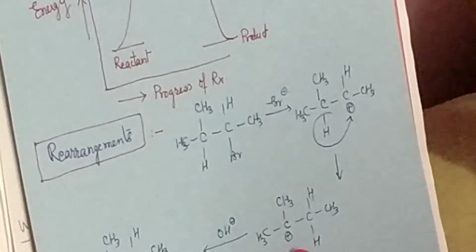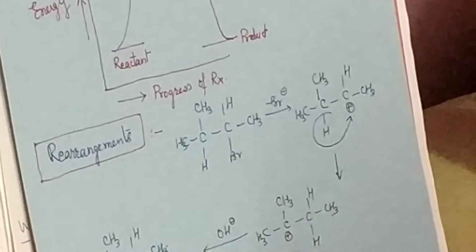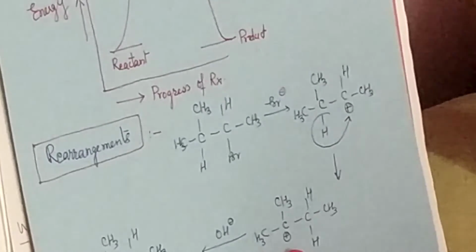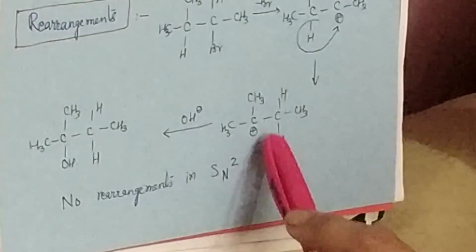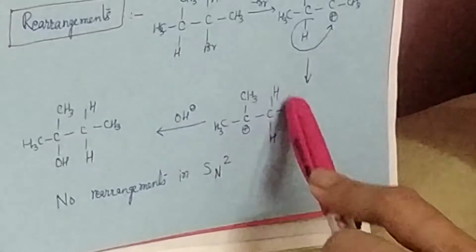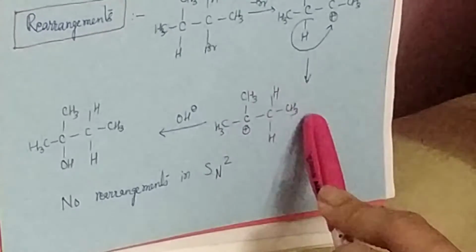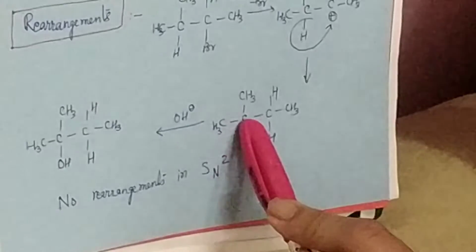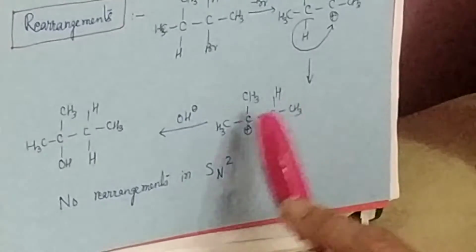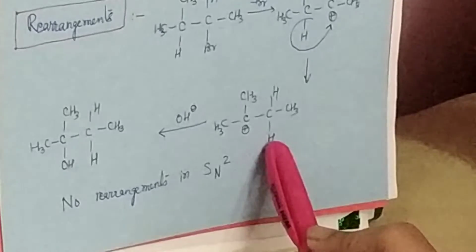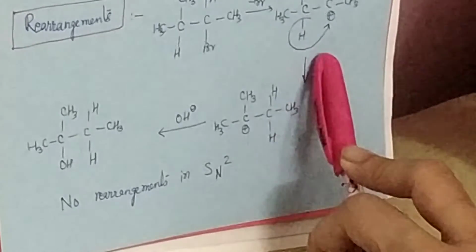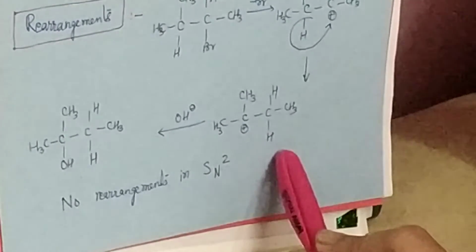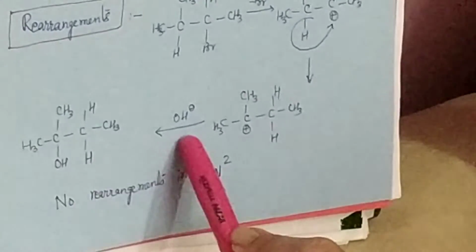Am I clear on this point? When this happens, this carbon atom, which has now become positively charged, will be the new carbocation which is formed and which is the preferred one. Now, why is this the preferred carbocation? Yes, everybody can answer that. It is because this is a tertiary carbocation, more stable as compared to the secondary carbocation which was originally formed, and therefore it will be formed in preference, via a hydride ion shift, and this tertiary carbocation will then pick up the nucleophile, resulting in this product.